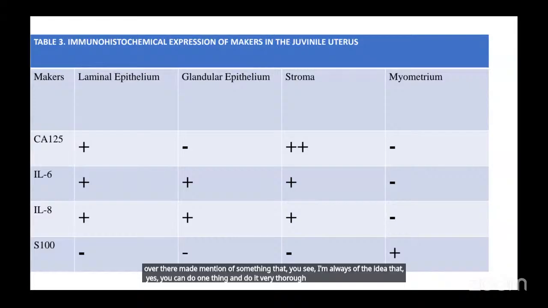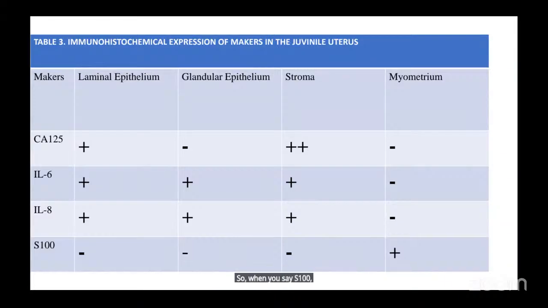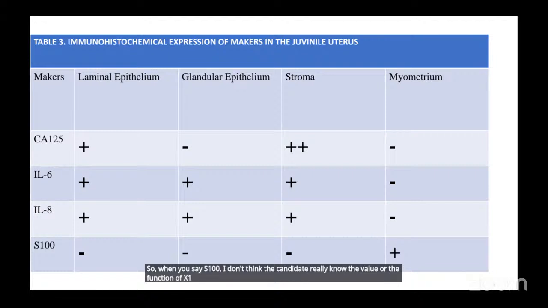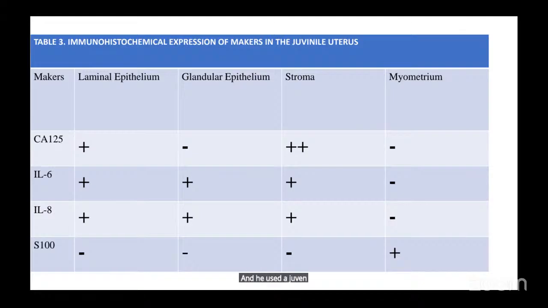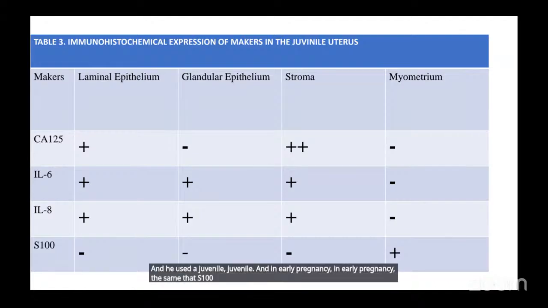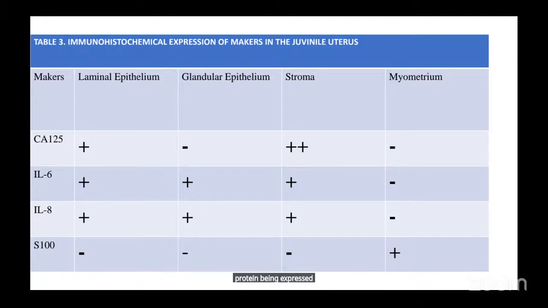So when you say S100, I don't think the candidate really knows the value or the function of S100. There are different types. S100 is a protein, and he used a juvenile. And in early pregnancy, the same S100 protein is being expressed. And what is the implication of that expression? That means that whenever you see S100 protein being expressed, it ensures that there is healthy embryonic development,